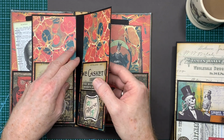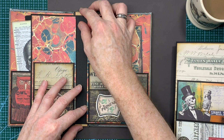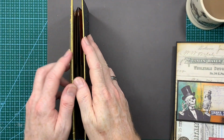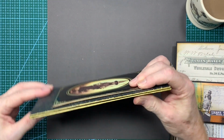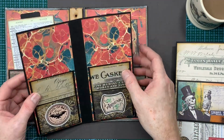I think that's probably going to be the best way to do it, because that then gives some more stability to the spine as well. Makes the spine a lot more rigid. So I think that's probably the best way to go about it. So I need to paint those edges before I glue it into the journal. And then once it's glued into the journal, I can attach,